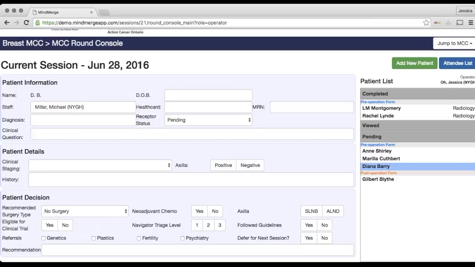Once you fill in a recommendation, you'll notice that the patient name has jumped from the pending section to the completed section. Sections are done by simply going through the patient list, selecting the patients you've yet to discuss, and entering new information. If you need to add a new patient, you can click on the Add Patient button,